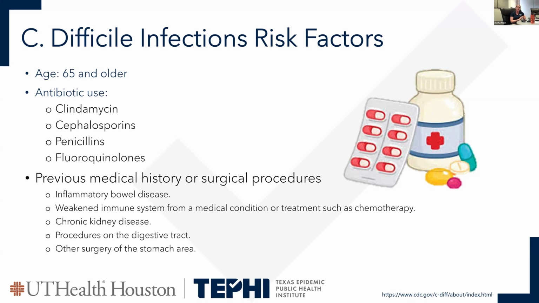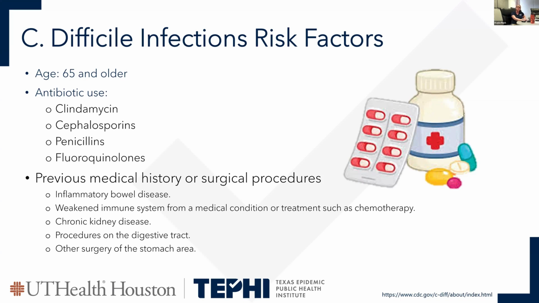If anyone has IBS, a weakened immune system, chronic kidney disease, or other issues going on with their GI tract, or if they've had any type of stomach surgery or procedure, that can disrupt our natural microflora, our gut microbiome, which is the good bacteria in our GI tract that helps protect us. When we go into surgery and give different antibiotics, that can disrupt the good bacteria and make them go away. That leads to an opportunistic pathogen such as C. diff coming in and colonizing and being able to grow because we don't have that good bacteria to fend